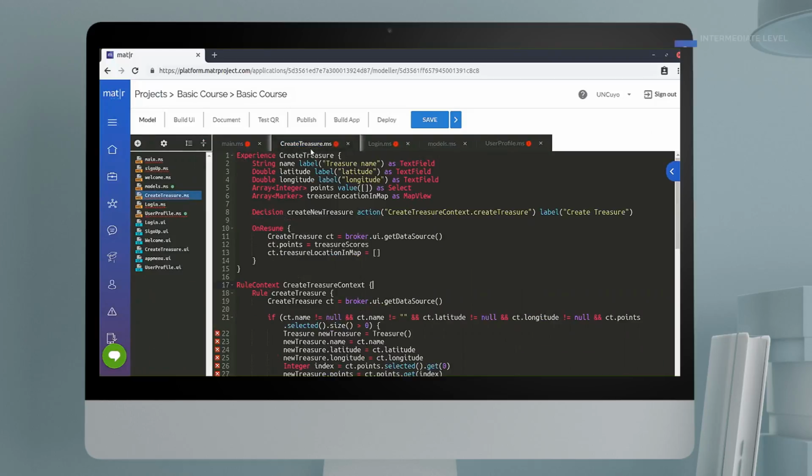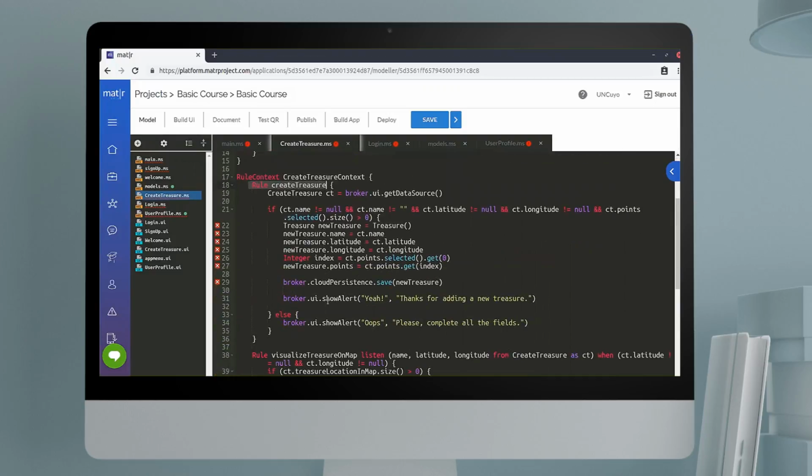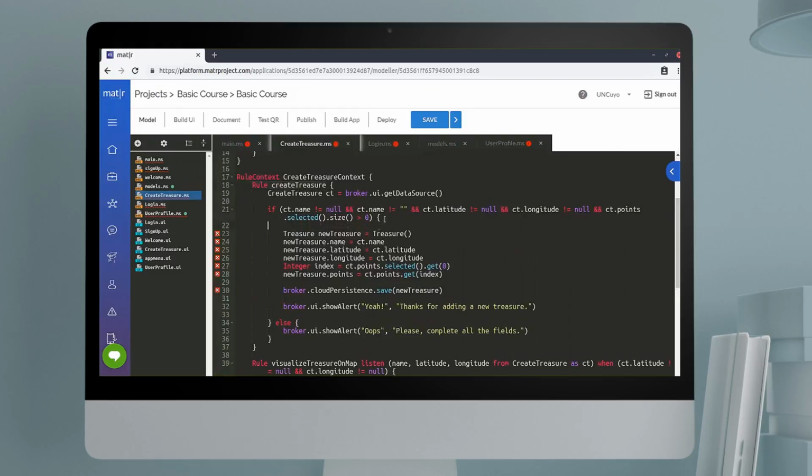Now we will have to implement it in our application. For this, we will go to the createTreasure.ms file, and in the createTreasure rule, we will add an if control structure that in the condition will invoke the function that we create, and as parameter, the attribute ct.name. This structure will have inside the code for the creation of a new treasure. If (accounts.validateTreasureName(ct.name)) { Treasure newTreasure = Treasure()